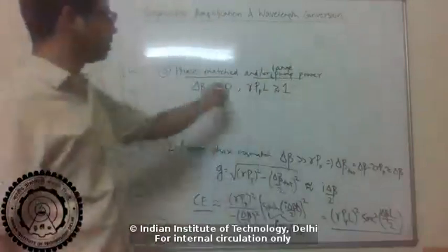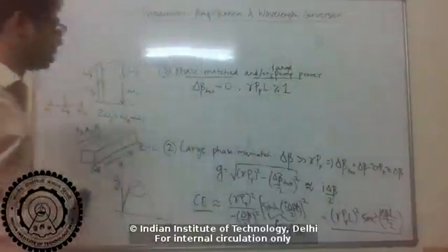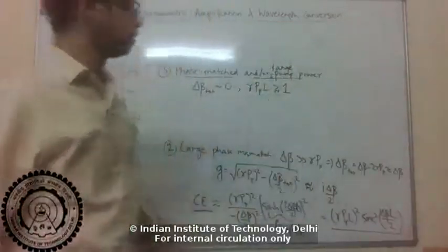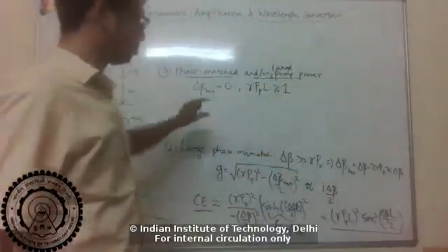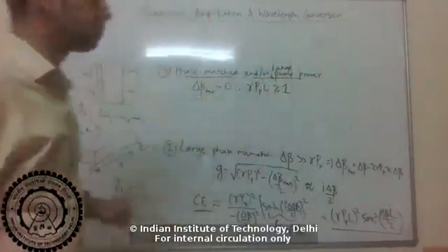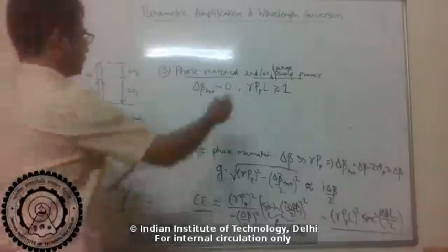Right, so the first case we considered was when the pump power was very small, so this nonlinear phase shift was much smaller than 1. The second case we considered was when the phase mismatch is large. So this case is when both of those shortcomings have been overcome. We have phase matching and we have sufficient pump power. Okay, so then in this limit,